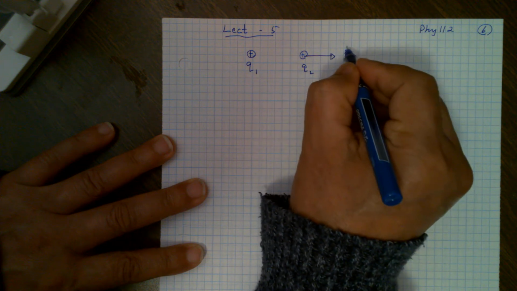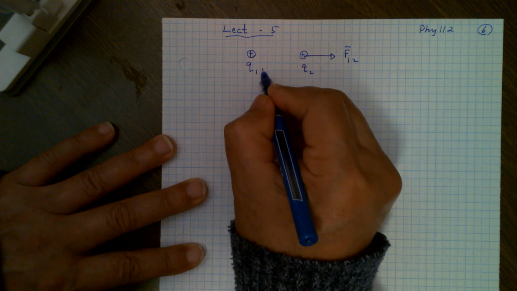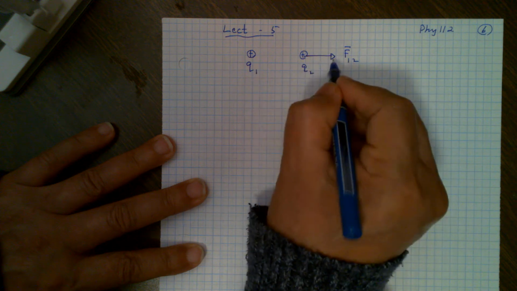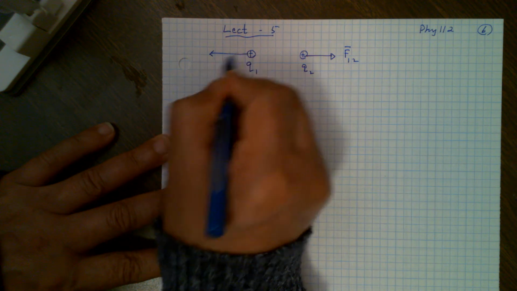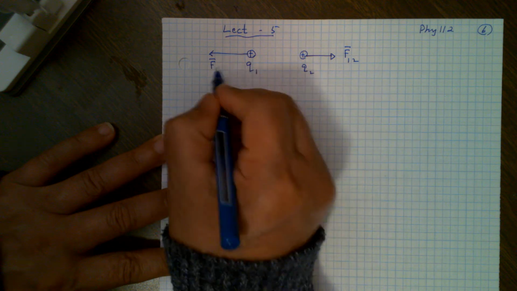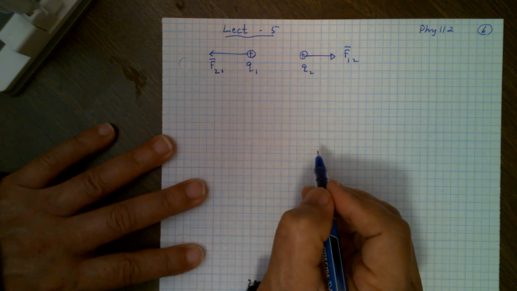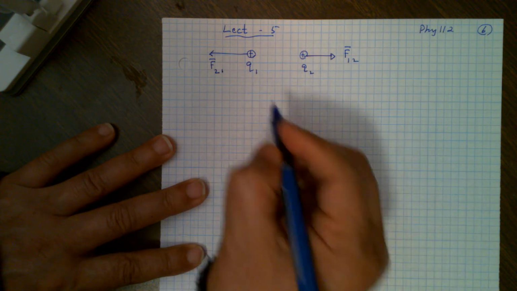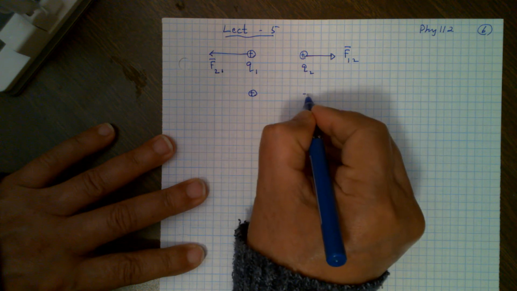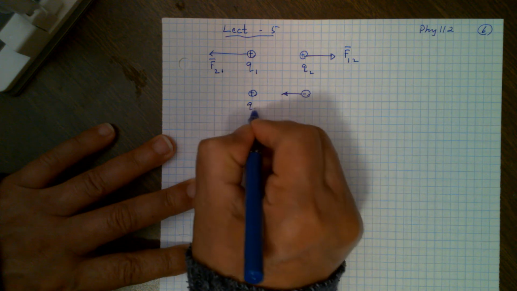Let me call it F12. That is the force of charge number 1 acting on charge number 2. 1 on 2 is F12 in that direction. Similarly, F21, the force of charge number 2 acting on charge number 1, will be in that direction. Okay? So that's simple. And for unlike charges, they will attract, and this is Q1, this is